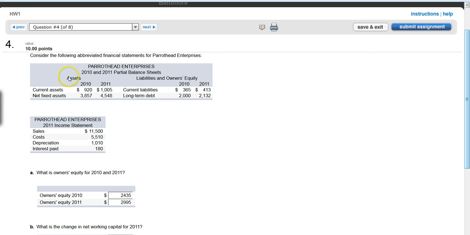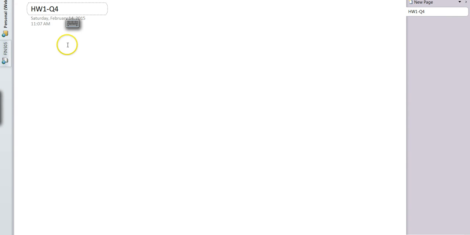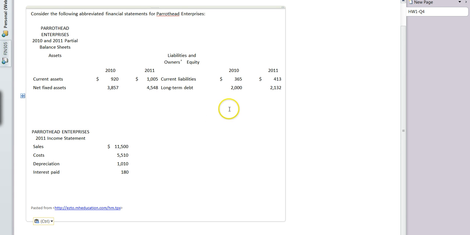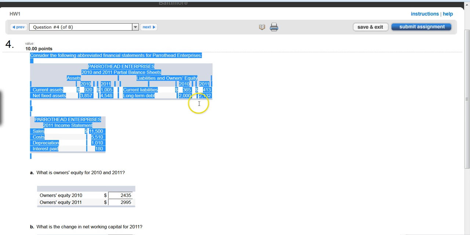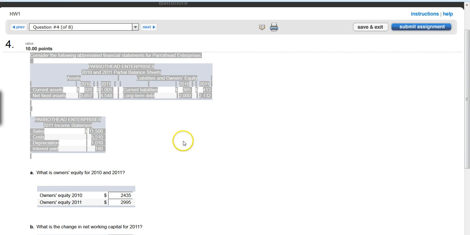So in order to better solve this question, let me first copy the setup to the OneNote, which I will be using as my scratch paper, basically, to solve this question. So first, if you go back to the setup, basically what's provided